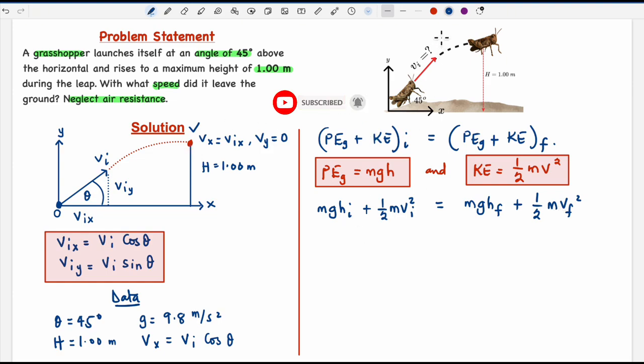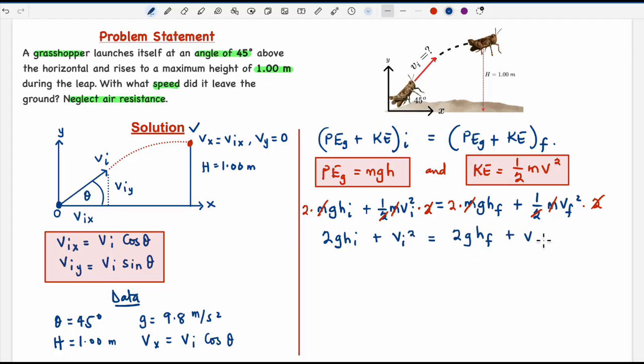Now we can see that the mass m is common, so that cancels out. Some of those terms are multiplied by 1/2, so we have to remove these fractions. What we do is multiply each term by 2: here by 2, here by 2, here by 2, and then multiply this last term by 2. Now this 2 cancels that, so it goes out, and this 2 also cancels that, so that goes out, and we are left with a simplified equation, which is 2ghi plus vi squared equals